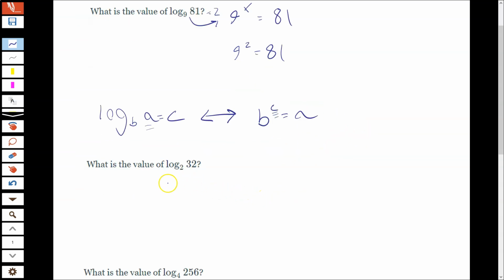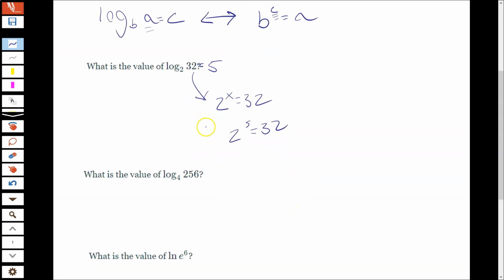So what's the value of log base 2 of 32? We could rewrite this as 2 to the what power equals 32. And if you didn't know this one, what you might do is on your calculator, type 2 times 2 times 2 times 2, and see how many times it takes you to get to 32, right? And that should be 5 times. Okay. So log base 2 of 32 is 5. 2 to the 5th power